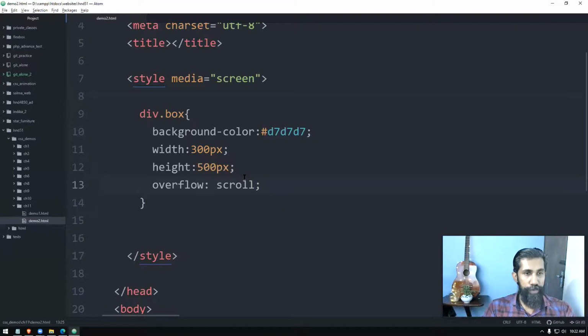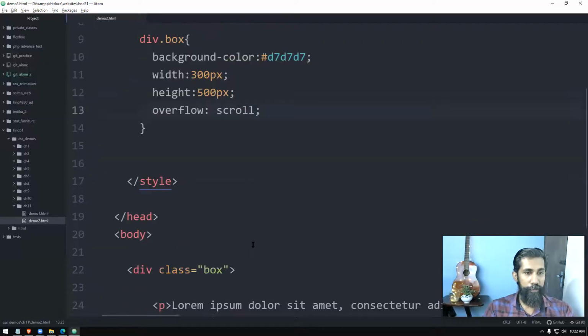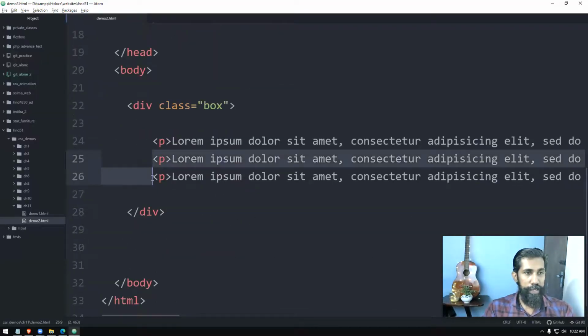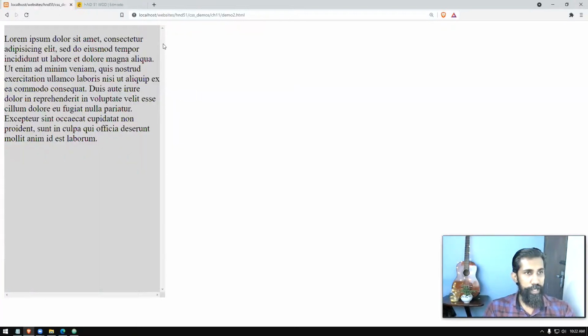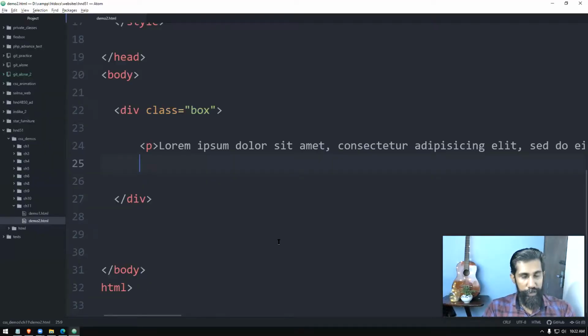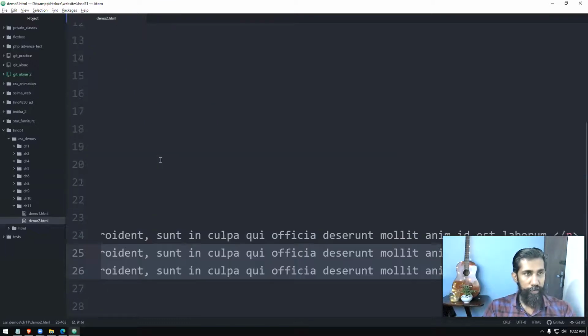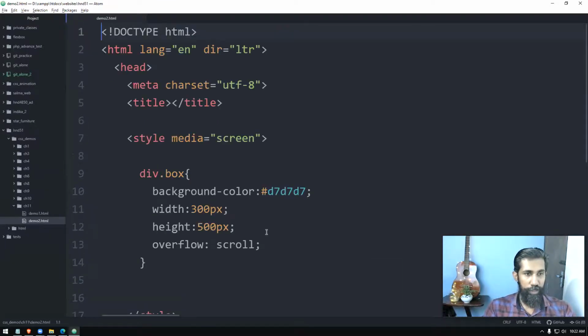But if you give scroll here, and if you have less text there, still the scroll bar is visible. You can see here scroll bars are visible. For that reason, what we do is we set the overflow option to auto.